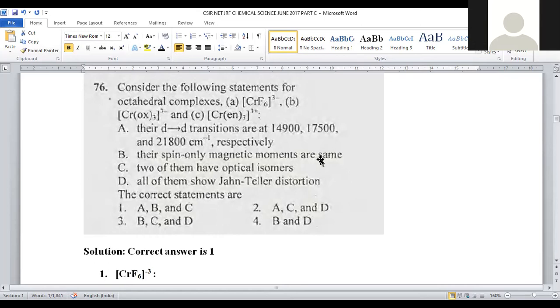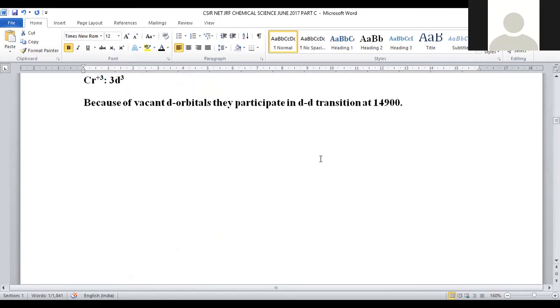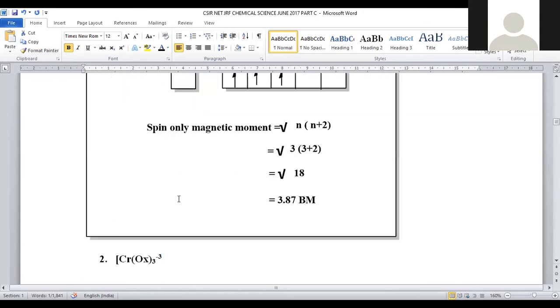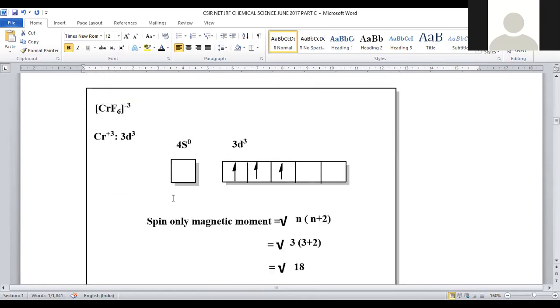Their spin only magnetic moment values are same. So when we observe the d3 system, electrons will appear in this manner because chromium exists as chromium +3 in the 3d3 configuration, so that electrons will be 3 only. Even if it is high spin or low spin, in both the cases electrons will be 3 only, because the fourth electron is the deciding factor for high spin, low spin, and magnetic moment variation. Up to the d3 system, in the lower energy level t2g, only 3 electrons are there, right? So there is no other possibility.